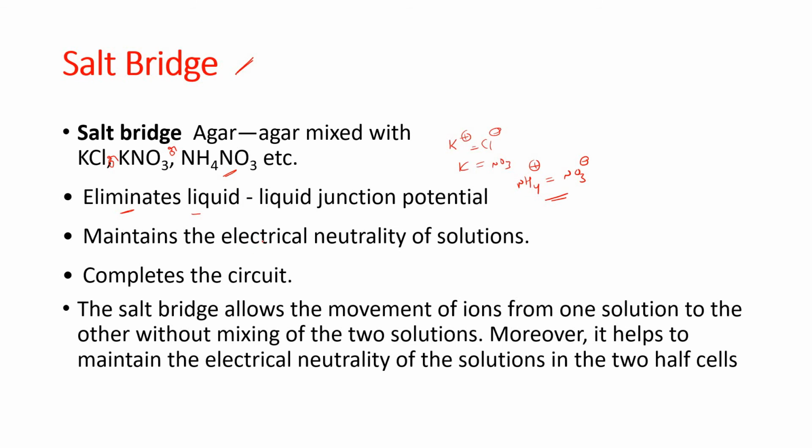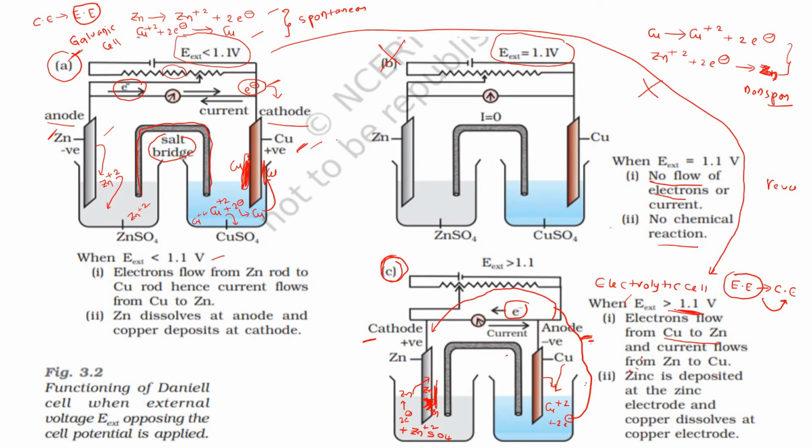Now it maintains the electrical neutrality. What is this electrical neutrality? If you observe here, for example, here you have taken zinc plus 2. Okay. Now what happens here? To maintain the electrical neutrality, if it is plus 2, it should supply minus 2 here. Here it is plus 2, so it also should supply minus. These positive charges and SO4 minus 2 are also there here. So actually what happened when you convert zinc into zinc plus 2, here already zinc plus 2 is there.